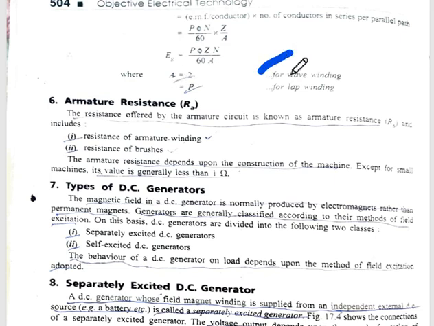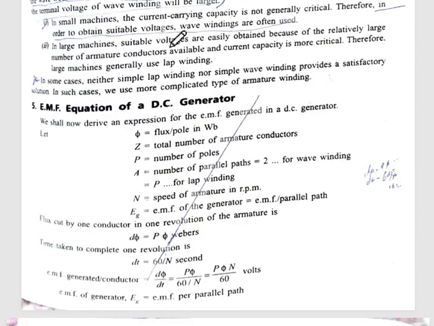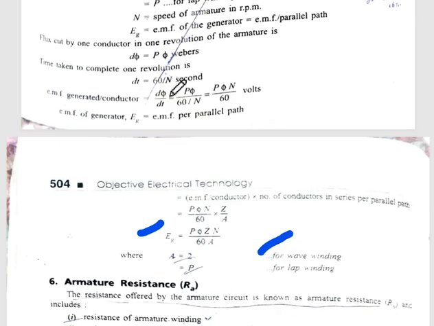A is equal to 2, ये फार्मूला है EMF का। जनरेटेड EMF का ये फार्मूला है: E = PφZN/60A। लैप वाइंडिंग के लिए A की वैल्यू होगी 2, और वेव वाइंडिंग के लिए A होगा P, पैरेलल पाथ।